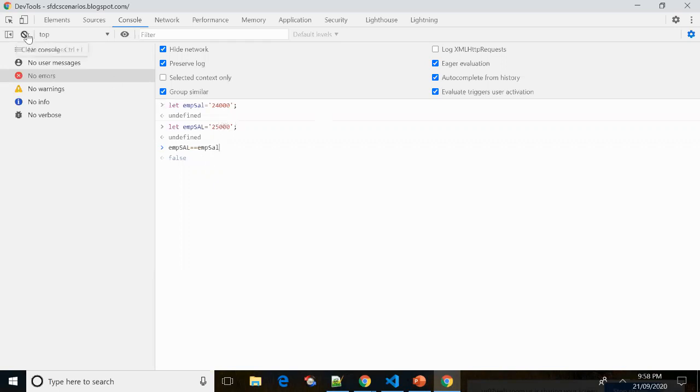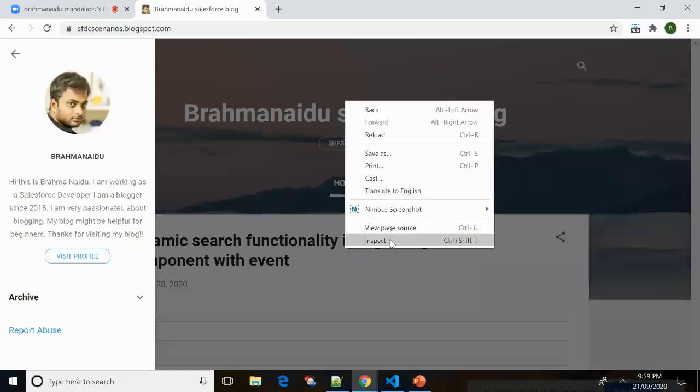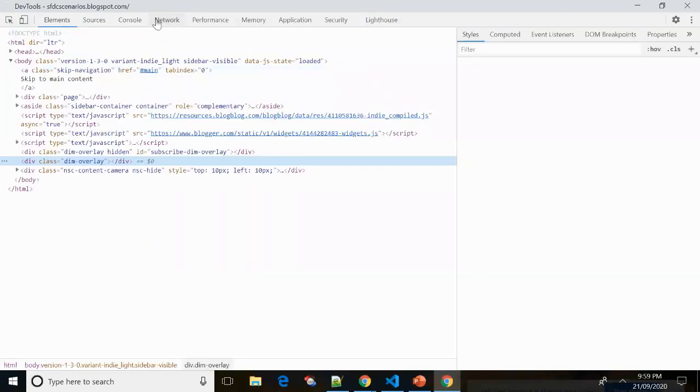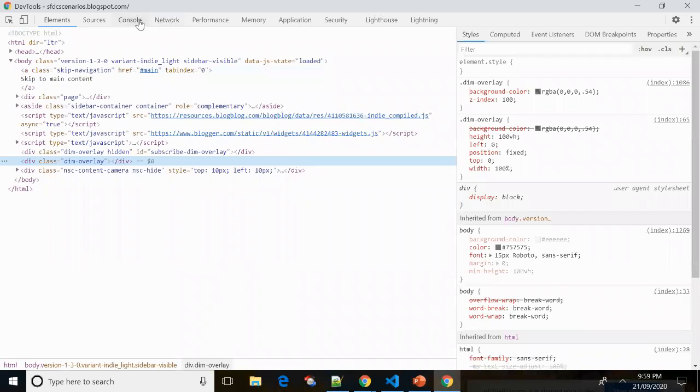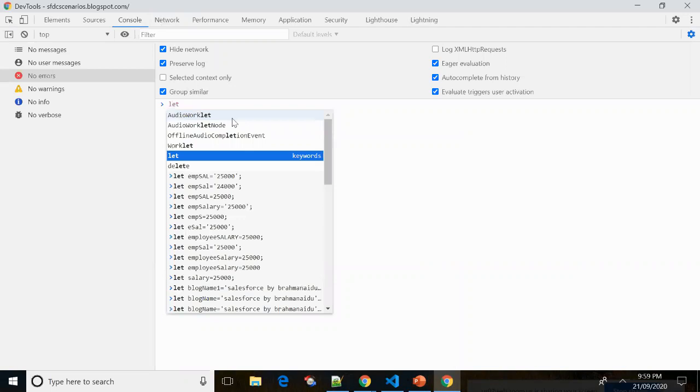Let me clear the console and we will see the second scenario, triple equal. Let me inspect the console. Now we will try to see the examples of triple equal.